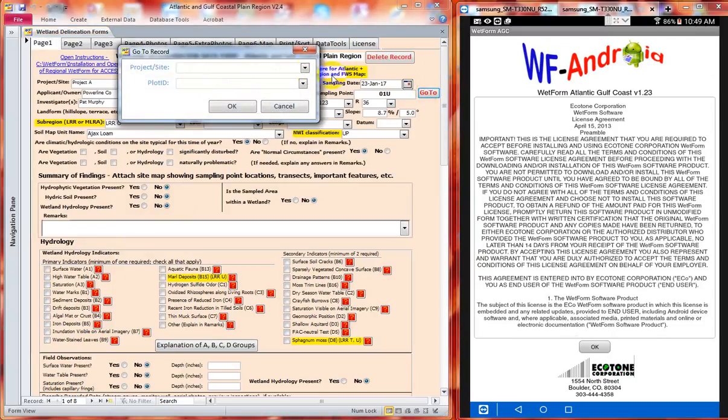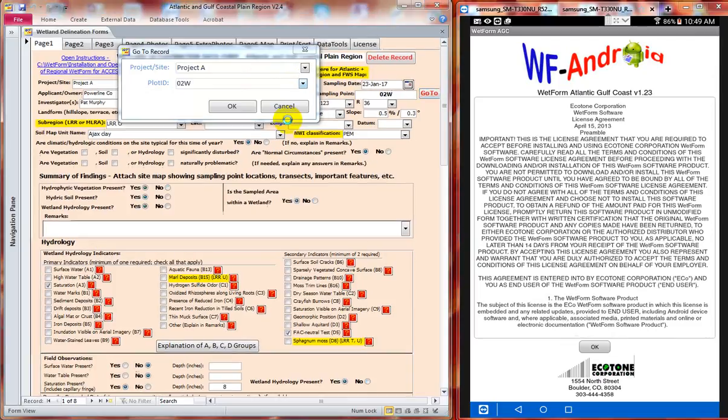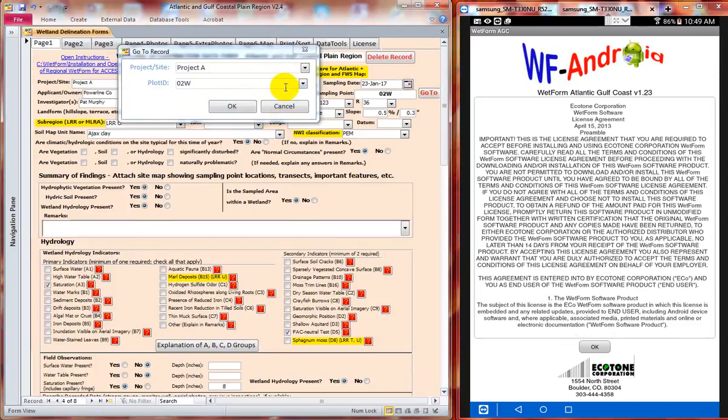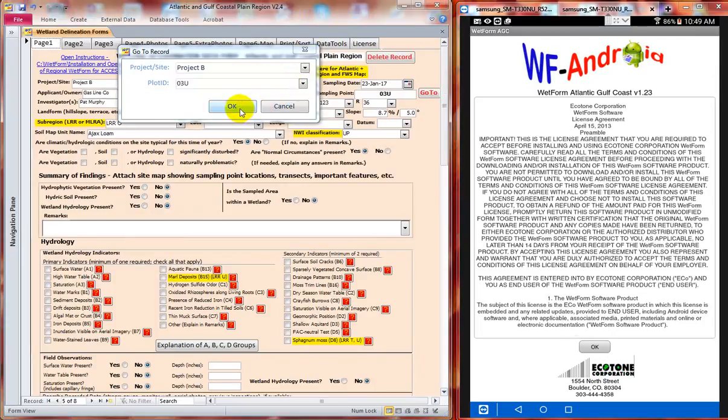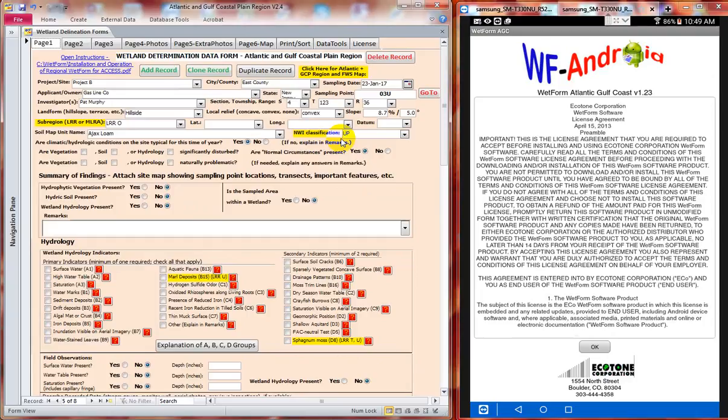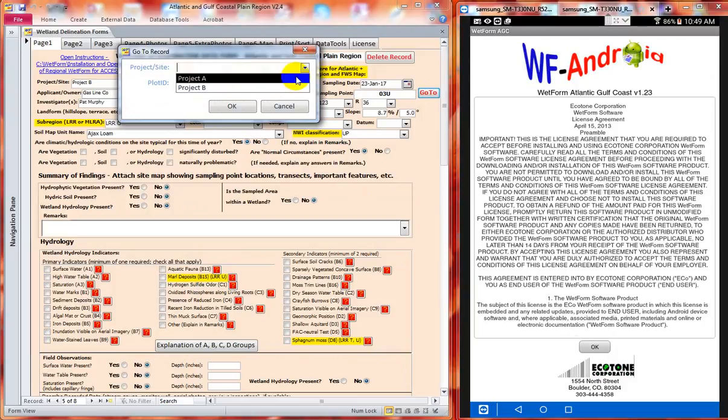So if I click this Go To button, I can pick a project and then it'll filter out all of the samples associated with that project, and then I can move directly to that one particular sample. Okay, so let's say I want to go to project B and I want to go to sample 3 upland, and that's where I'll be located. So let's go back to project A, the upland sample,